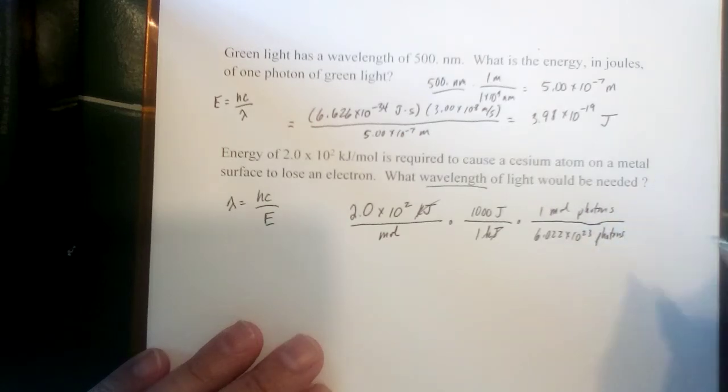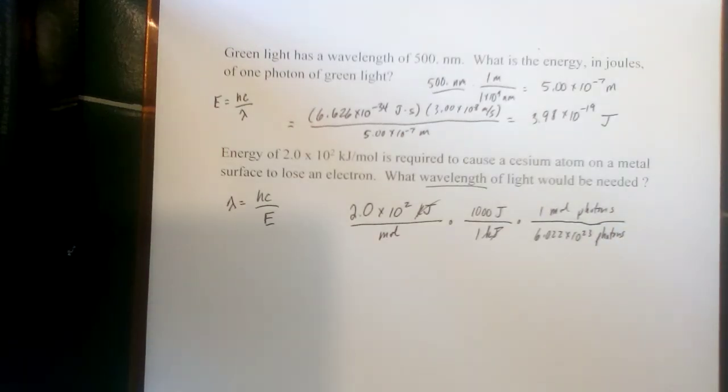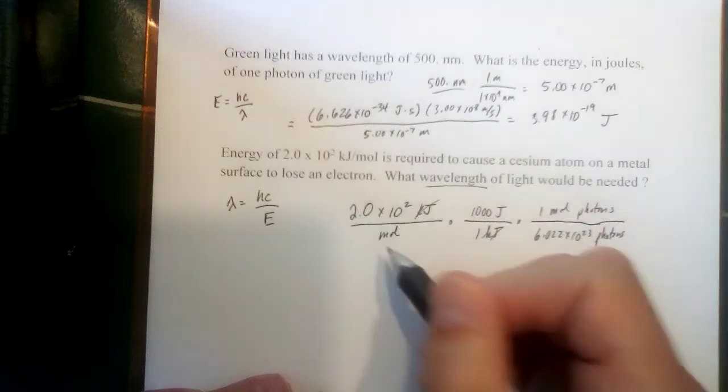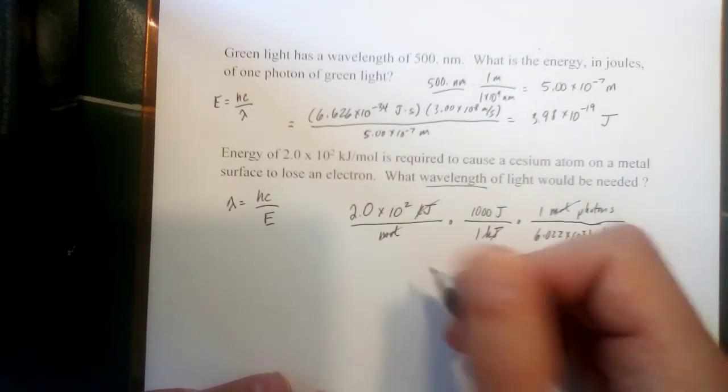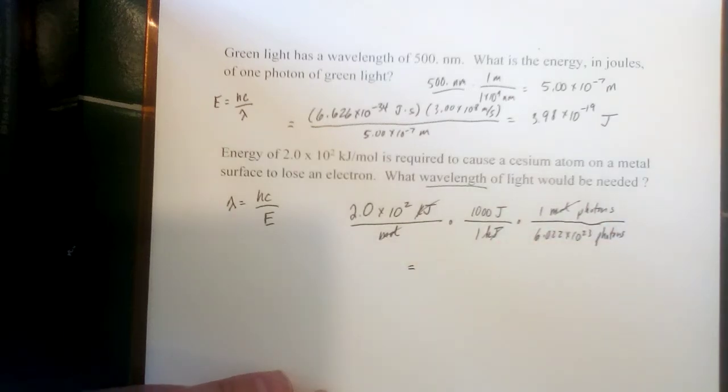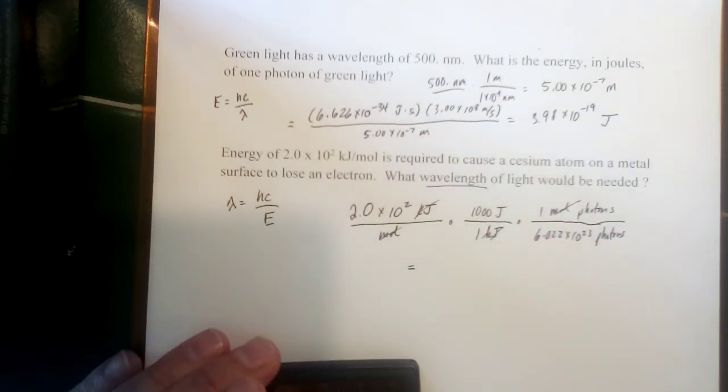That is how we will introduce the required relationship to each individual photon into this equation. That would cancel out moles. Now I have joules per photon in terms of this energy. So if I multiply this out, 2 times 10 to the second power, which is 200 times 1,000, and then divided by Avogadro's number,